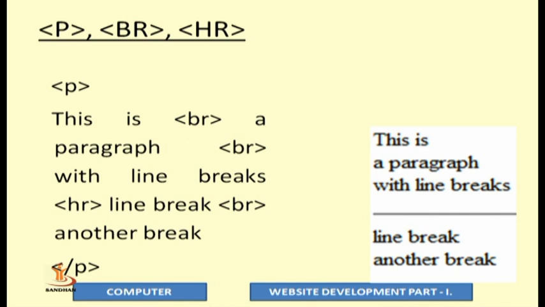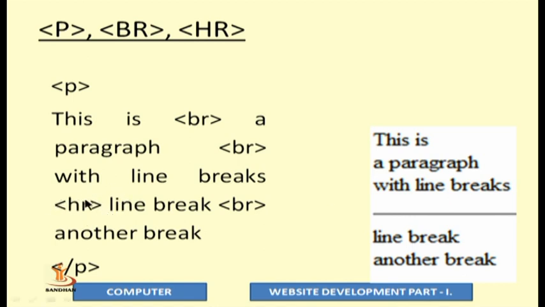But what we are doing over here is, after this is, we have written one BR, that is break line. So you can see in the output, that is the only portion which is shown. Then the content directly comes to the next line, that is a paragraph, because we have written a break line afterwards. After a paragraph, I have once again used BR. That means the next content, which is with line break, is again coming to the next line, that is with line breaks. And to understand the difference between BR and HR, here I have put in HR, that is horizontal line.